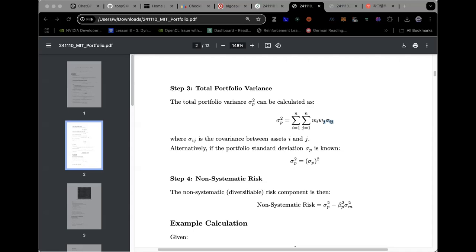In this case, it's all 0.05, so it will be 0.05. When we calculate risk, we will use standard deviation and variance of return, which is